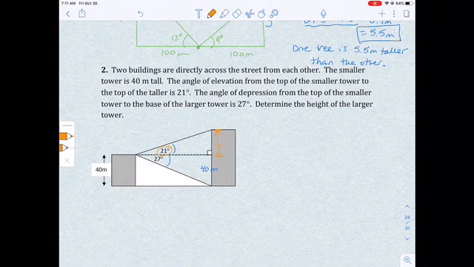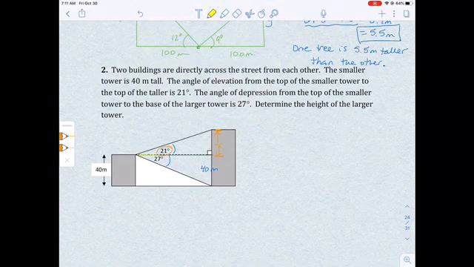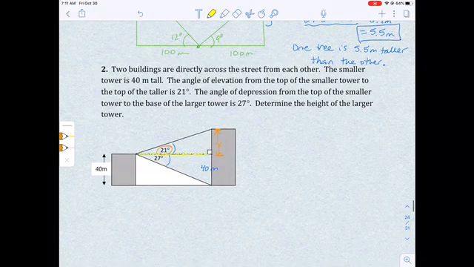So what I'm going to do is look at my bottom triangle and see if there's anything I can figure out here, like for example the shared side. We often can complete and fill in and find that shared side. Now, could we find that shared side? We sure could. I know right away the tan of 27